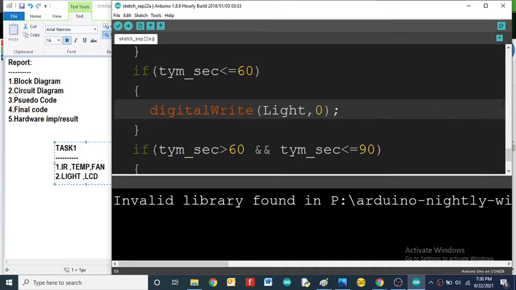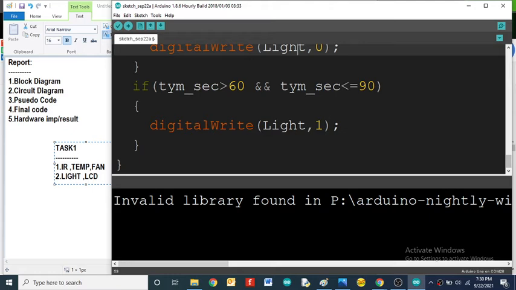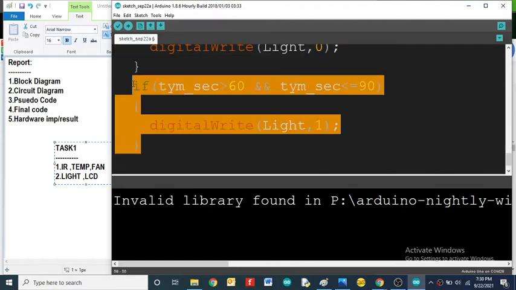Then here you can take this time between 60 second to 90 second as night, from 6 o'clock to night 12 o'clock. So in that time I will turn on the lights with full intensity. Then I will take one more condition.